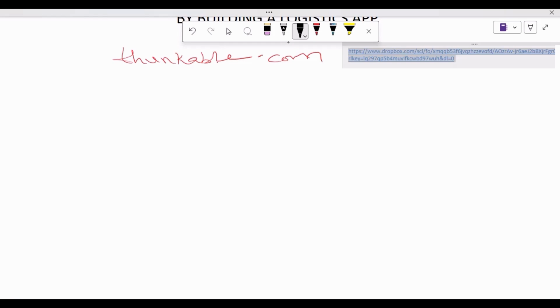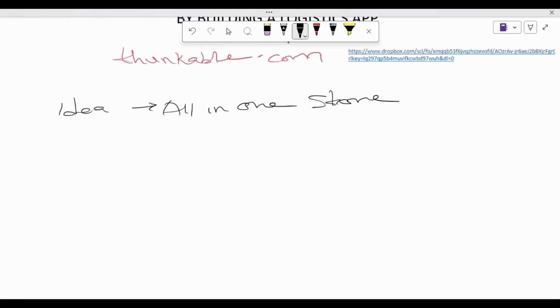So the idea I am conceptualizing is an all-in-one store. Now, what I'm thinking is that the first stage of the application will be the